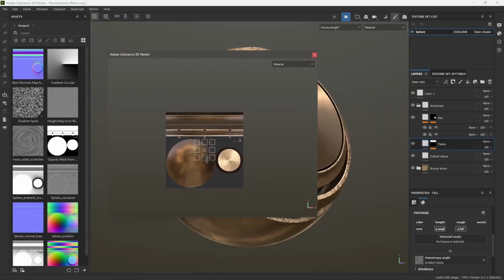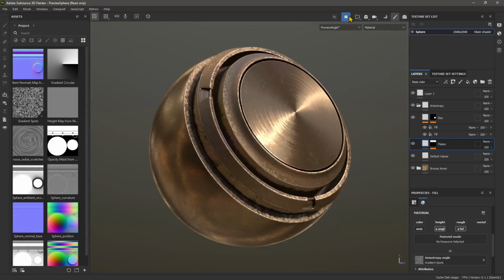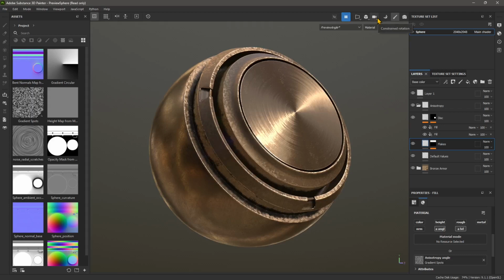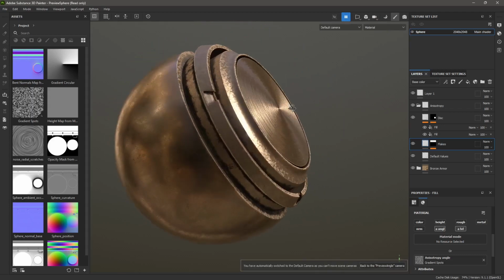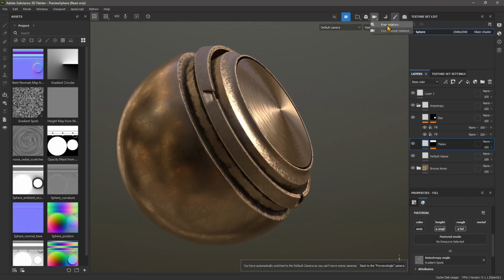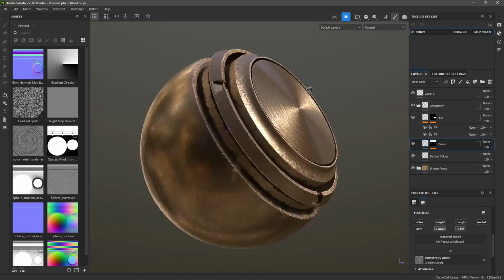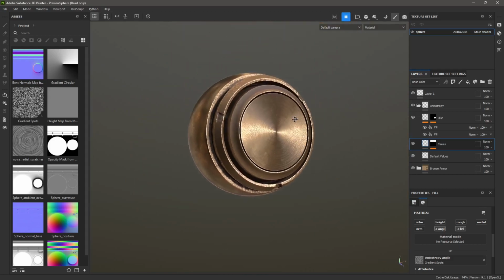You can open up the 2D window in another view. And then here you can switch from perspective to orthographic. And also you can change the rotation, like constrained rotation or free rotation. Now, if you do free rotation, it could get a little bit messy, but if you want to retrieve the original